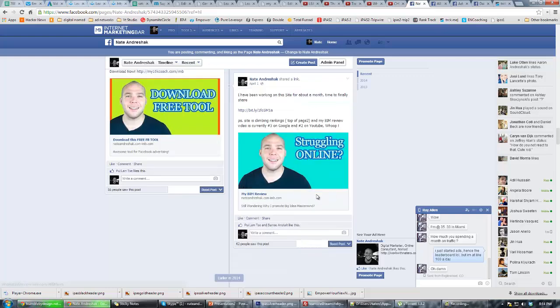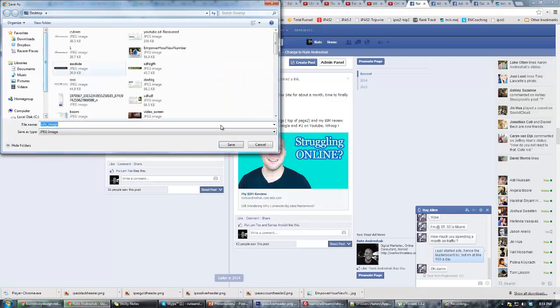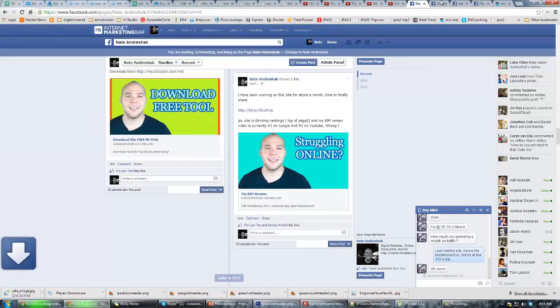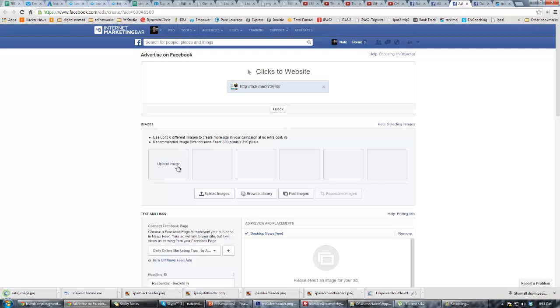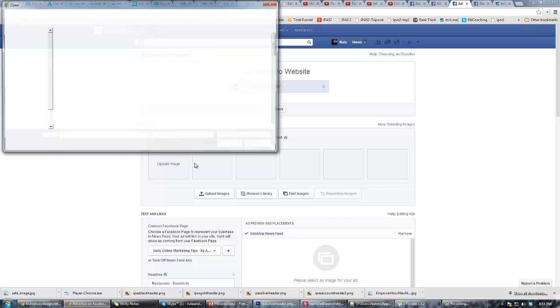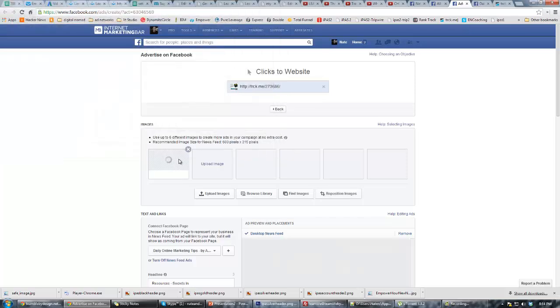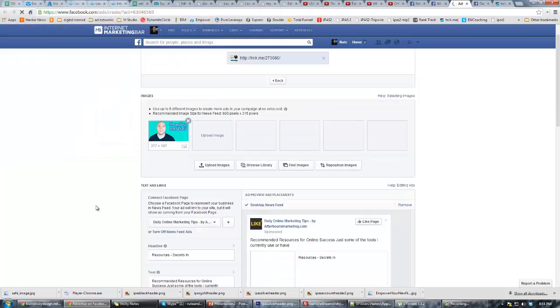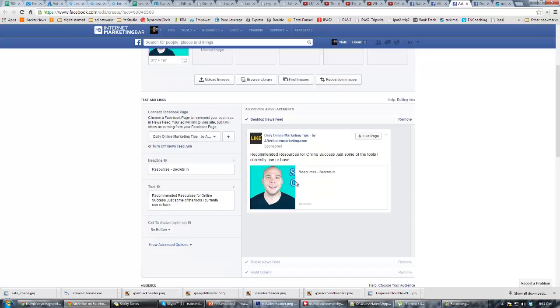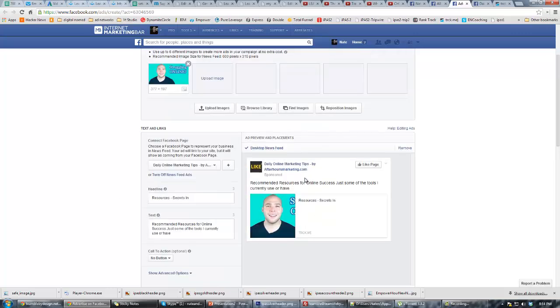So I'll save that to my desktop, and then I'll go save image or whatever, and then I'll go back over here. I like bold colors like that, and I'll split test different backgrounds. And then you only want 20% text on the image. What is that? So that image is the wrong size. It needs to be bigger in order for it to